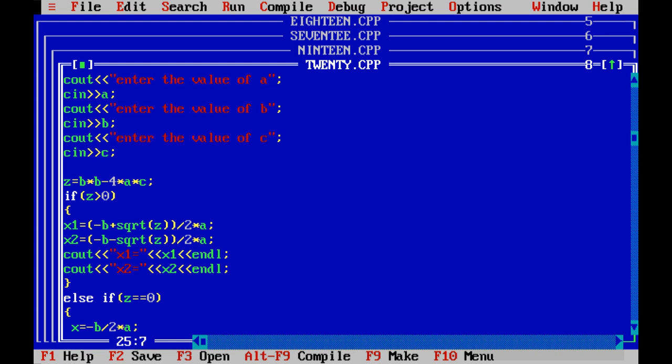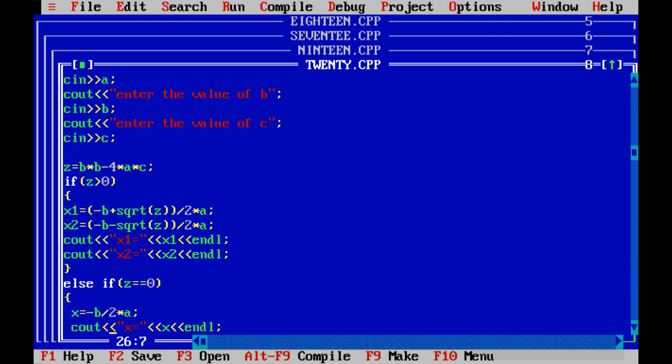Rather we would go for x is equal to minus b divided by 2 multiply a, and we wouldn't calculate the square root because the square root of 0 is equal to 0. So no need to calculate the square root of 0. Only one root would be calculated and the value of x would be calculated. So rather than two values, plus and minus, we simply calculate only one value, and that value